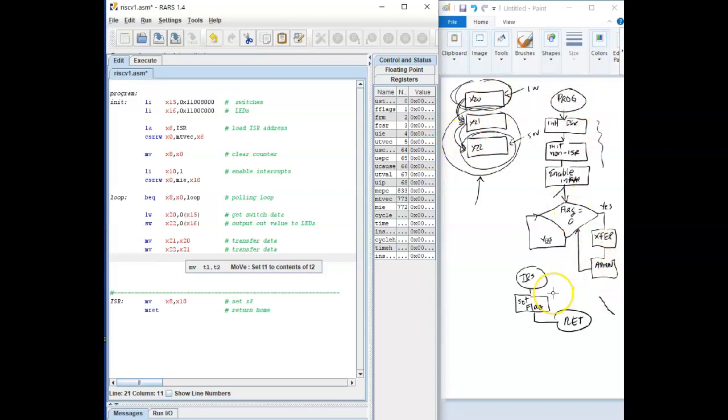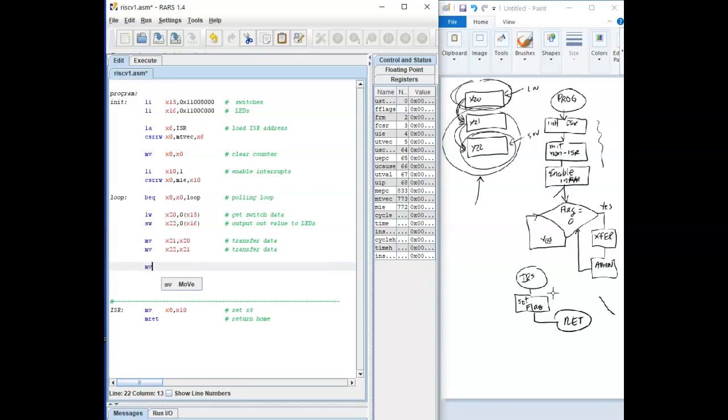What I have to do is administration work here. The administration work is going to be re-enable interrupts and turn that flag off. So that's move x8, x0. That's going to clear the flag. And this is going to be,